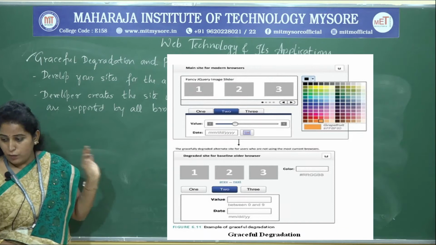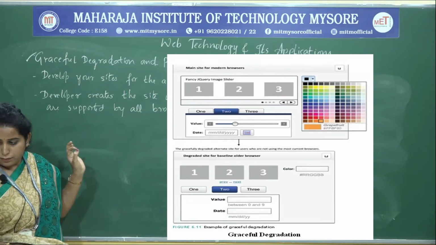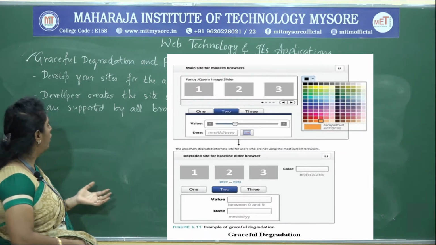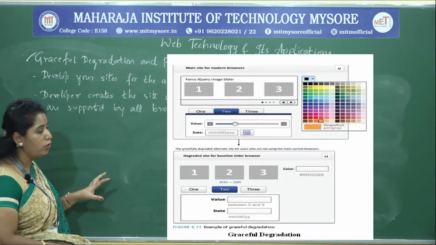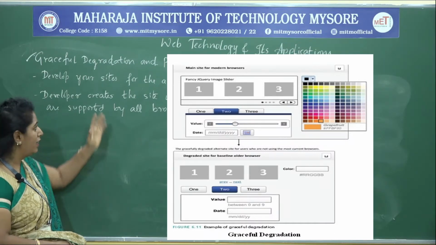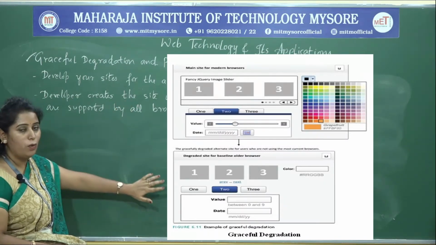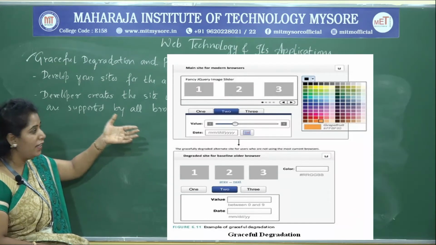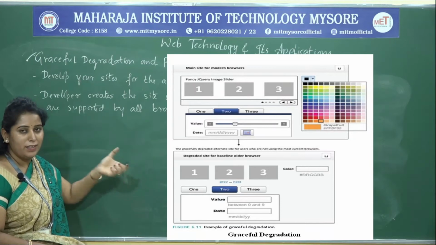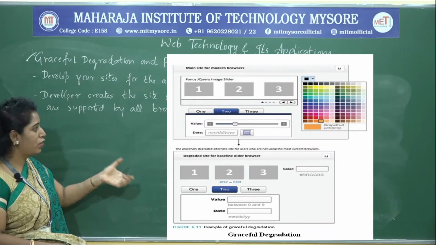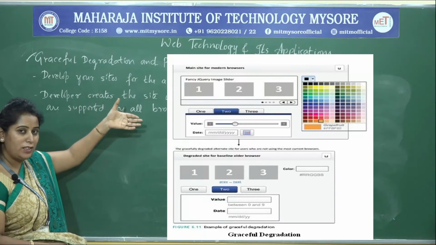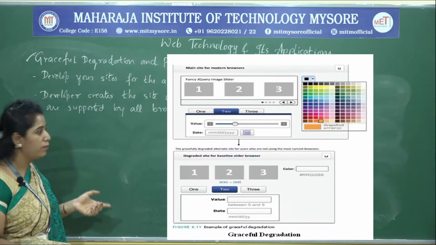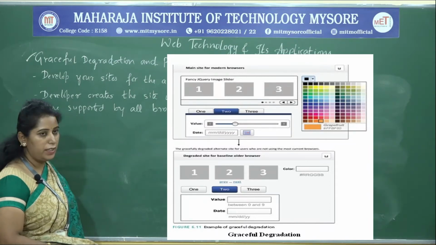Graceful in the sense that without popping out the JavaScript error code, it is going to display the same site using the older browser. Degradation in the sense that it has lost some capabilities. It is not similar to the site developed using the current browser. That is degradation. So this is graceful degradation.